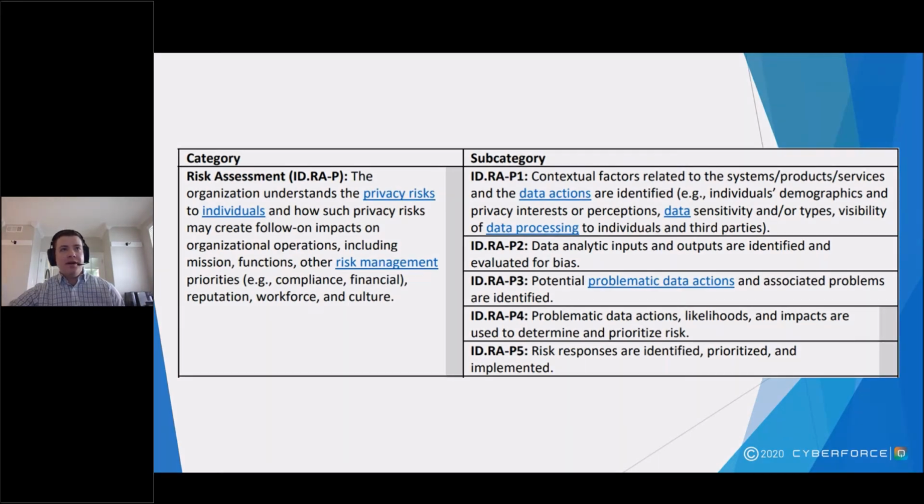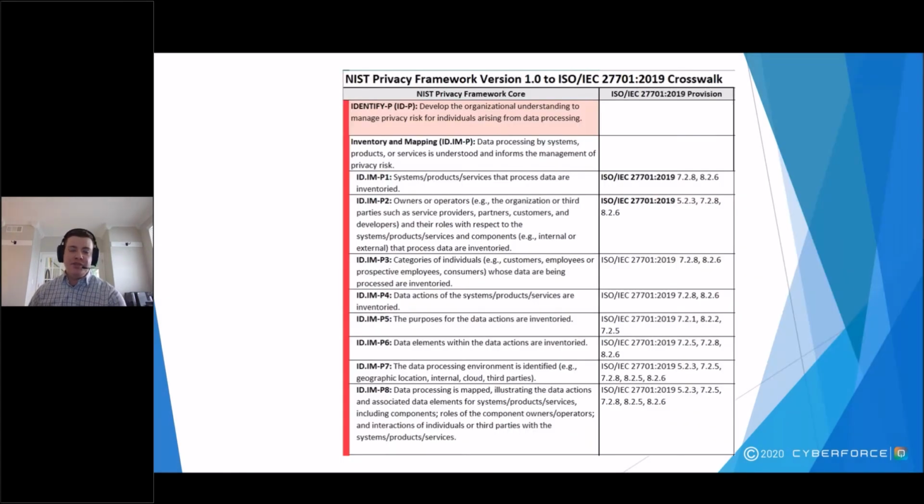As a quick detour, I wanted to show an example of something out of this new reference library. One of the cool things about what NIST is doing is that they're enabling third parties to share their reference content. In this case, you're looking at a mapping of the privacy framework to ISO 27701, which is ISO's privacy information management system. This cross-mapping was actually developed and shared by Microsoft, who presumably had some reason to perform this cross-mapping and was kind enough to share with the community.